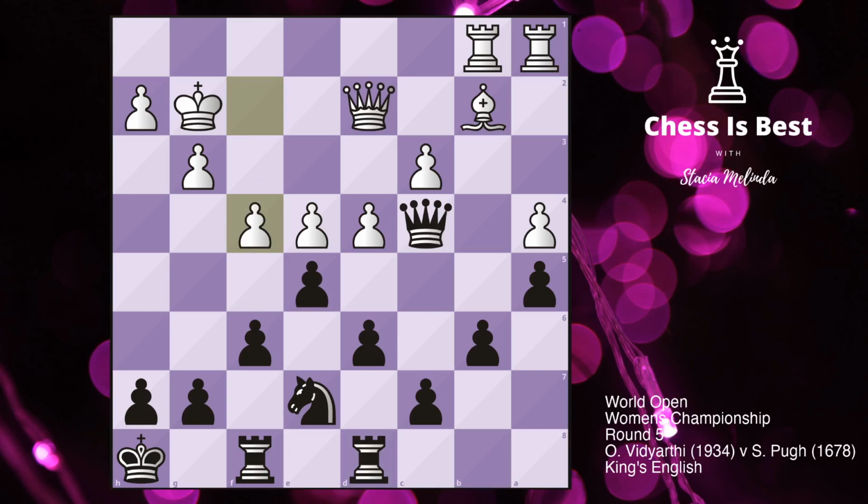f4. Takes. Okay. And now the game begins. Now I'm up a pawn, but I do feel that white's position is interesting. So white has this strong center, and white's rooks are ready to come to the center. Though